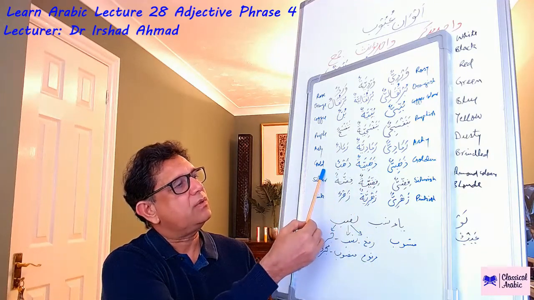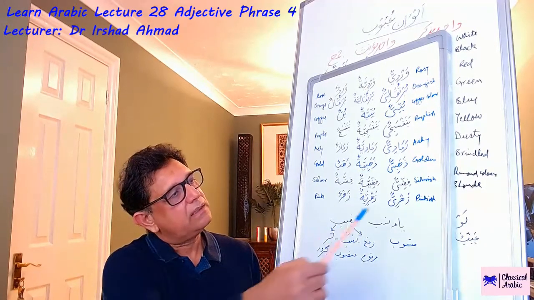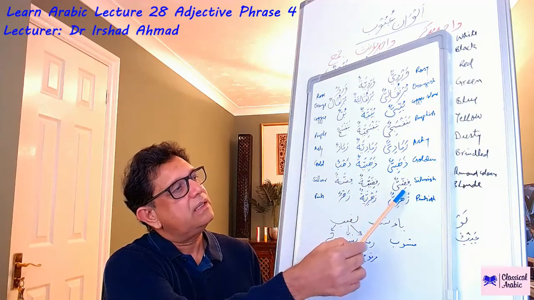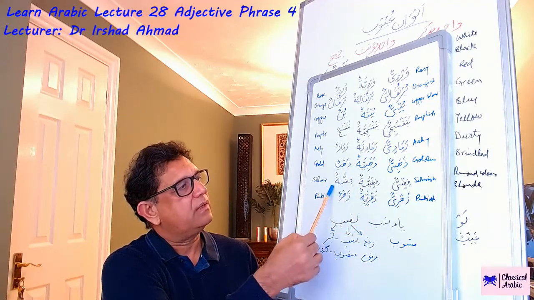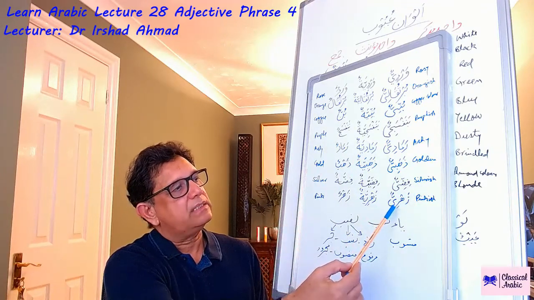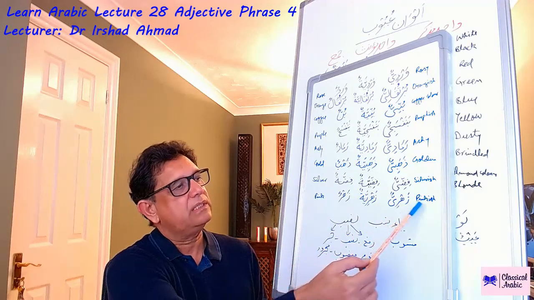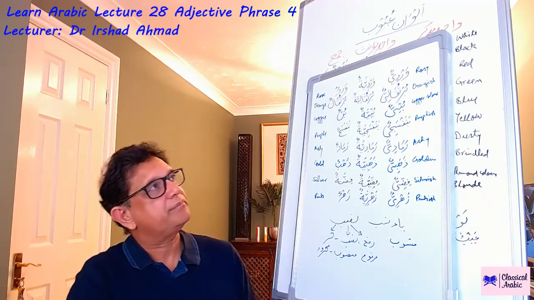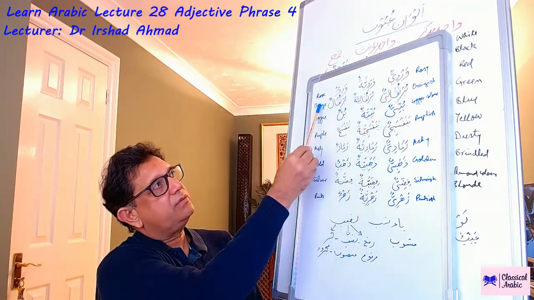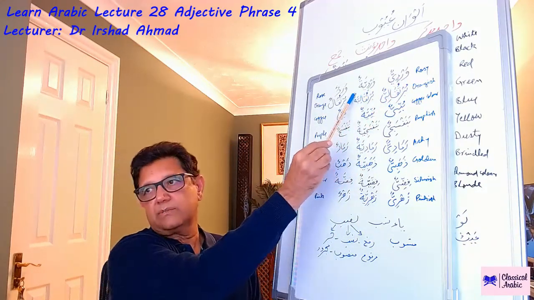Zahabiyun, from zahabun, is gold, so zahabiyun will be kind of golden. Similarly fiddiyun, I think it's pronounced both ways, goes back to fiddatun, which is silver, so we are saying silverish. And zahriyun refers back to zahrun, which is pink, so we are saying pinkish. So we can see from here that they refer back to a noun. That's the one thing. And second, we've got both muzakkar and muannas for these.